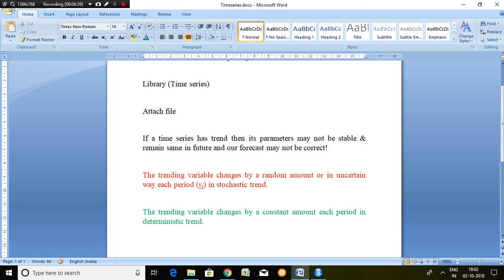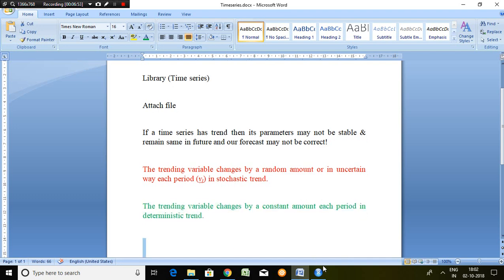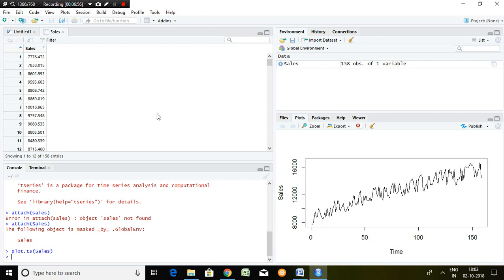It says the trending variable changes by a constant amount each period in any particular trend, which is known as a deterministic trend. Now, how can we take care of any particular trend in a series? If a series has a deterministic trend, the solution is detrending, and if a series has a stochastic trend, the solution